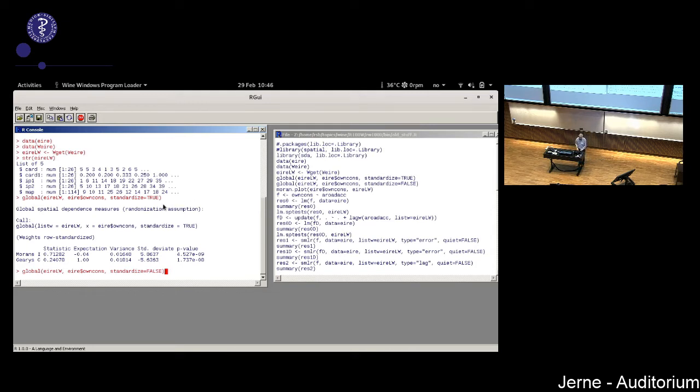And using the Moran test, the values of the Moran test are difficult to interpret. They're not quite like a correlation coefficient. The Moran's I is very like the Durbin-Watson test for time series and comes from about the same time period. But the standard deviates are quite large. And here the implementation in the package which I wrote for the students at the time gives us, for Moran's I, with row standardized spatial weights, 0.71282.